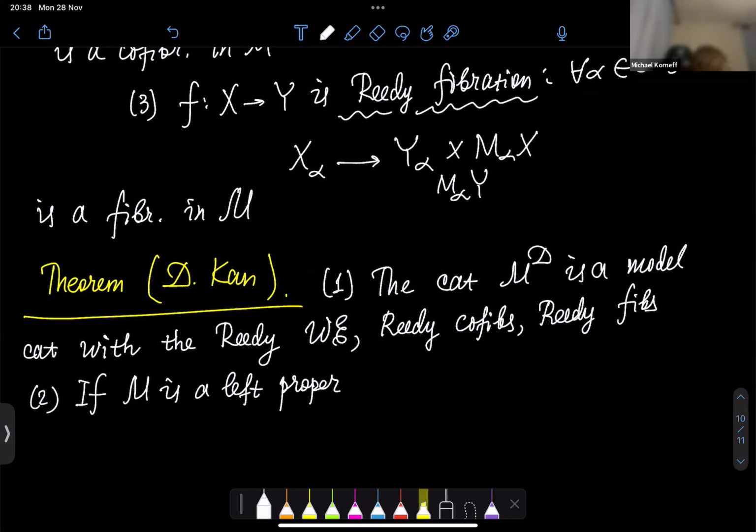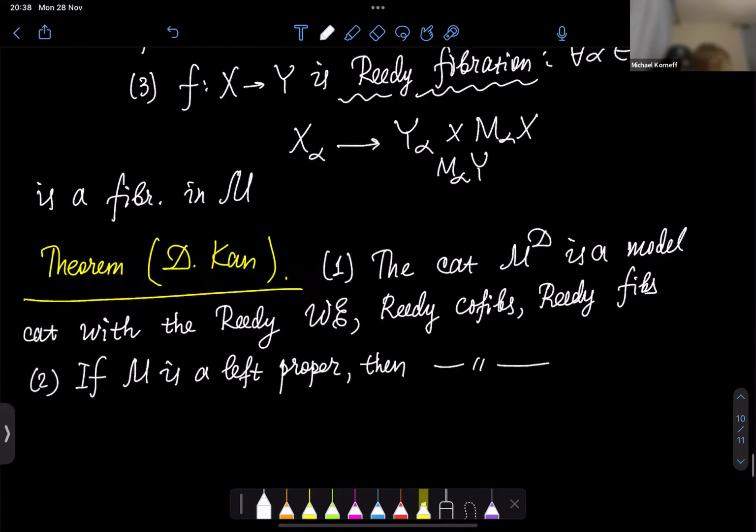If M is left proper or just a proper model category, then the model category of diagrams is respectively left proper, right proper, or proper. Okay,